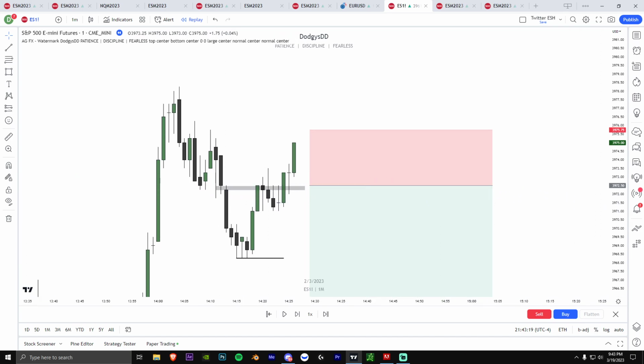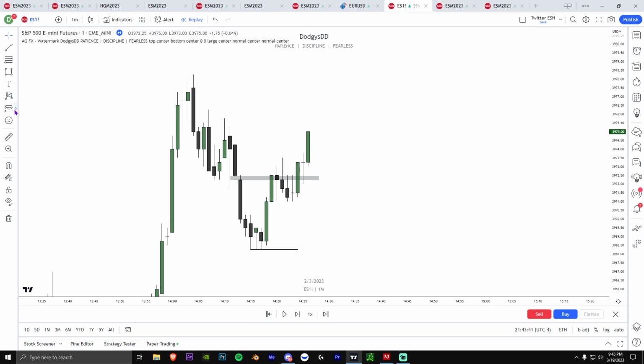And oftentimes, you can use these volume imbalances as inversions. A lot of times you can use these volume imbalances as inversions. Okay, so